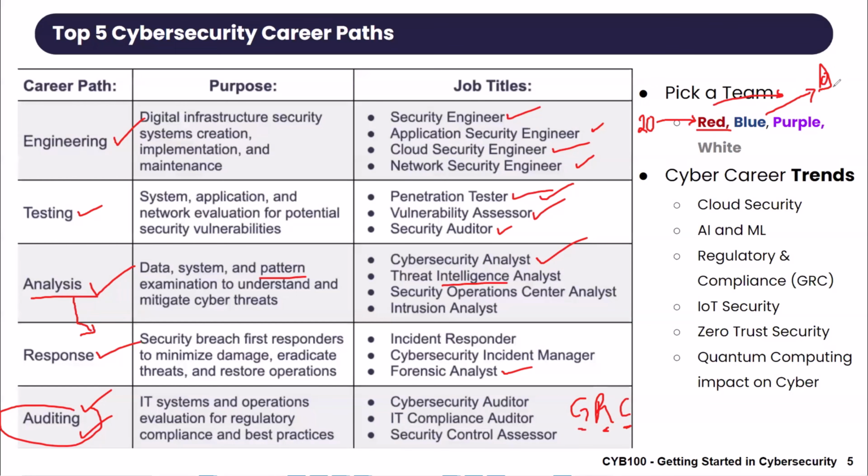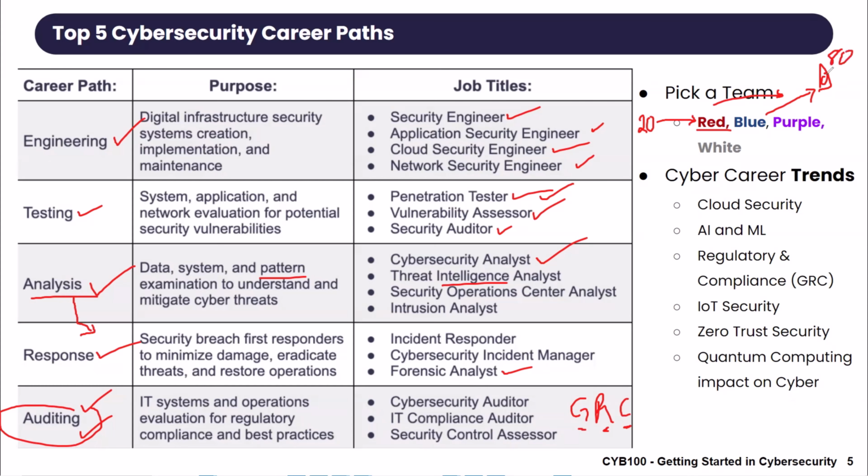So big companies, what they do, they will hire a red teaming team, like a private consulting company, and they tell them, hey, you guys come on and attack us. And then a blue team, which is their own people, they're going to be defending. So it's like playing soccer with the red and blue. One person is attacking, another person is defending. And that's really what takes place there.